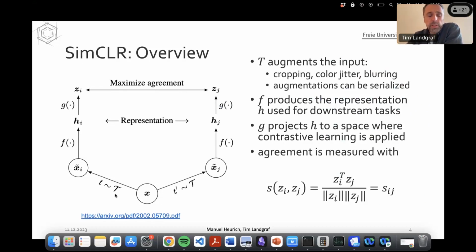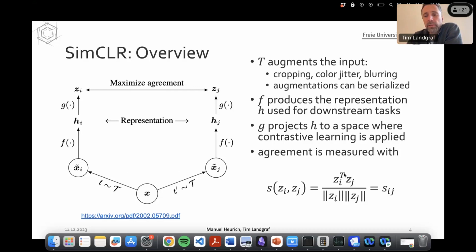So SimCLR uses augmentation functions and randomizes what they do. We'll have a look later on a later slide what exactly they do, but you can think of this as one of the augmentations that we already talked about, so cropping, color jitter, and all these things. So given a sample X, we'll produce two augmentations of the same sample. Obviously, these are positives. And then we'll project them to a representation Hi and Hj, project them further into Zi and Zj, and only between these two we maximize agreement